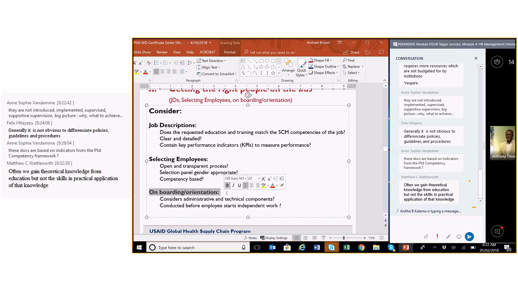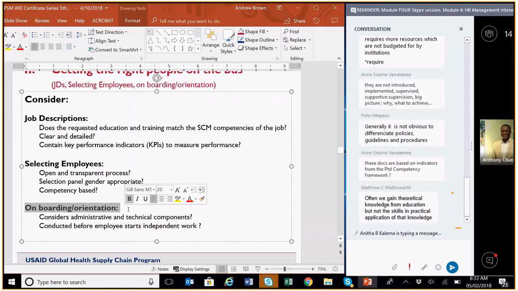The point I want to make here is that onboarding of staff is often overlooked, and we need to think about administrative onboarding as well as technical onboarding. So how do you apply the supply chain management skills that you learned in this new workplace? What is expected? Organizations that do more efficient onboarding and orientation are the organizations that have their staff more productive, more quickly, and also as a staff member who experiences onboarding and good orientation, you are going to feel better and have a greater motivation to be involved in the workplace.